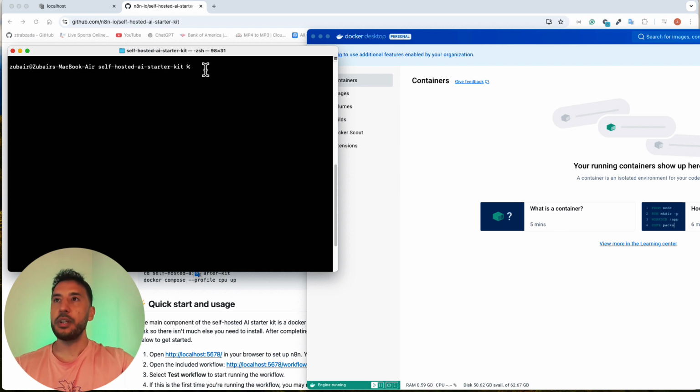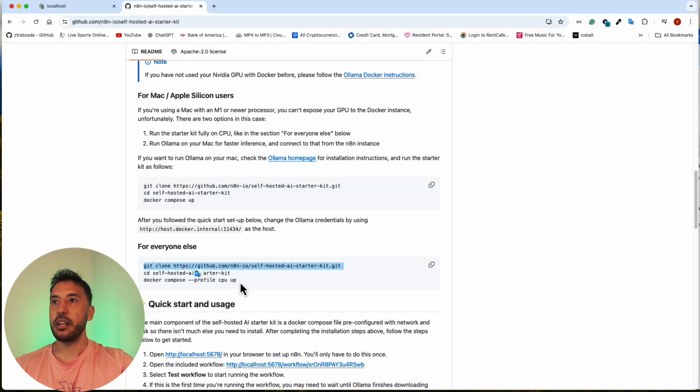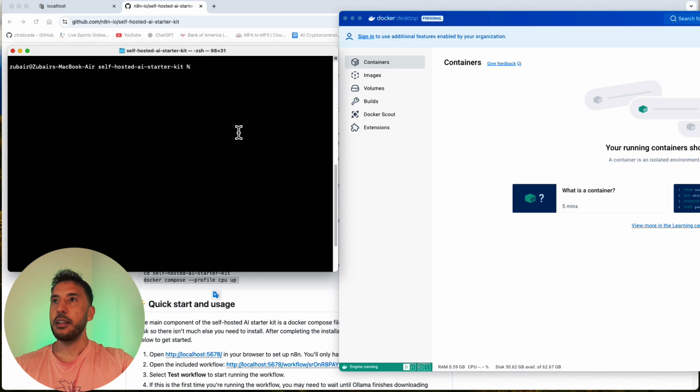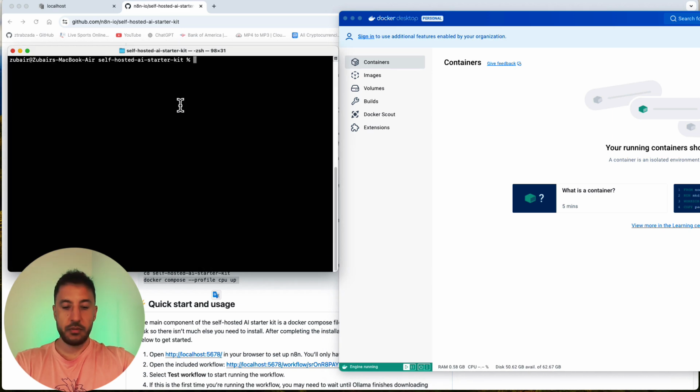All right, so now that we're inside this self-hosted AI starter kit, the next step is to cd into it. We already did that. And now we just need to click on Docker, copy this one, go back to our terminal. And again, let me pull up the desktop app here so you can see it side by side, and paste.